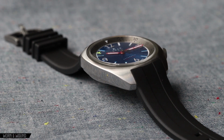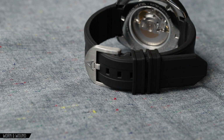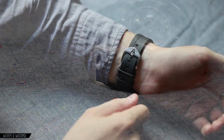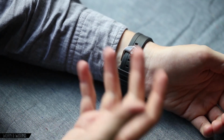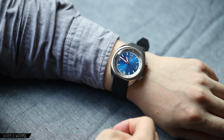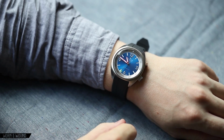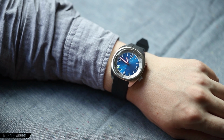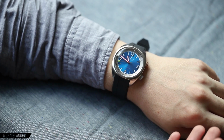On the back side of it actually is a waveform pattern that mirrors what is on the dial there. So once again, that just adds the custom feeling. And then you have a nice simple buckle, but once again, a custom buckle with a Fears logo in it. And then you have a steel bracelet with this too, which really changes the aesthetic. Often you get one or the other, particularly on a higher end watch. And the bracelet would be a $300 surcharge. So the fact that they're including that here is just really high value,